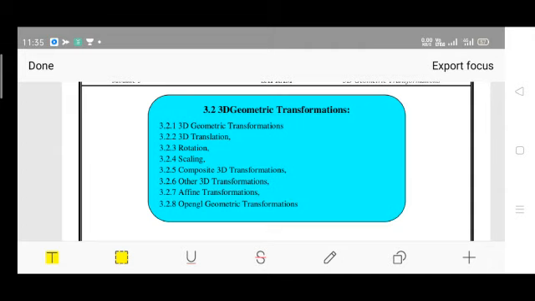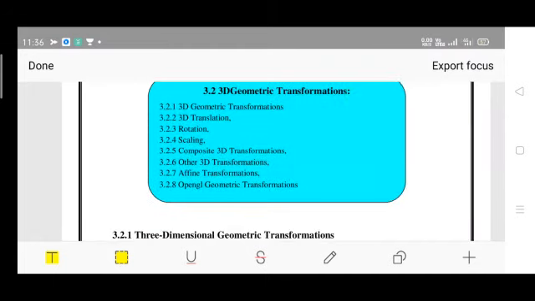In the 2D model, earlier we considered three standard transformations: translation, rotation and scaling. Apart from them, we have taken the reflection as well as the shear concept, right? So all the topics we'll be discussing once again. And we have discussed earlier the homogeneous coordinate system. What is the homogeneous coordinate system? See, a 3 cross 3 matrix representation we have taken. That was for the 2D model, 3 cross 3 matrix representation.